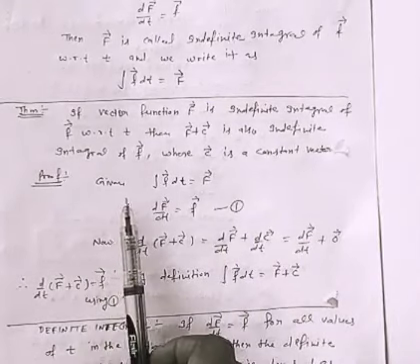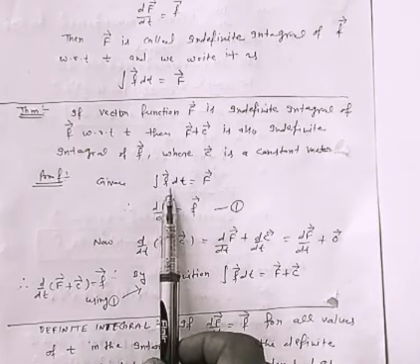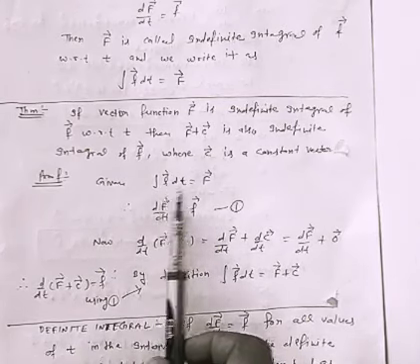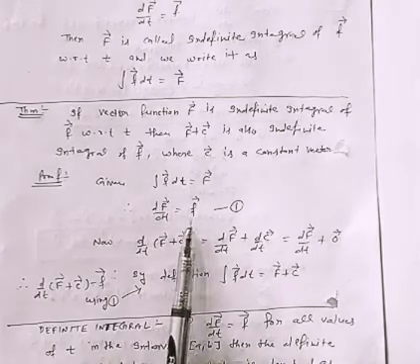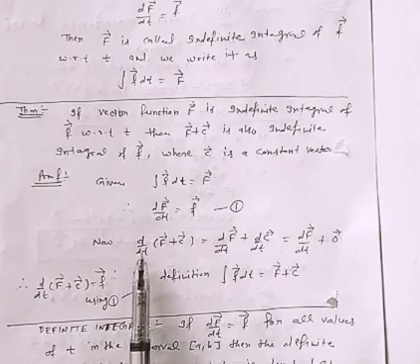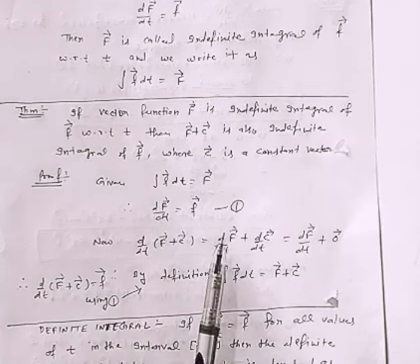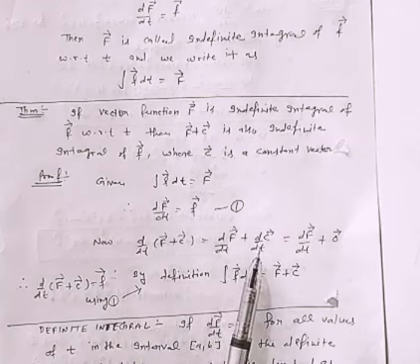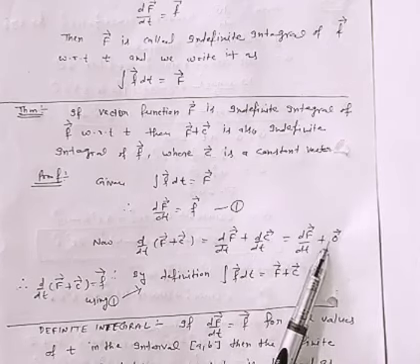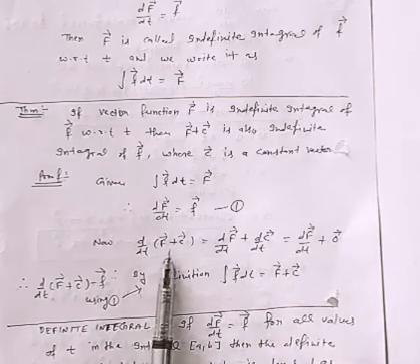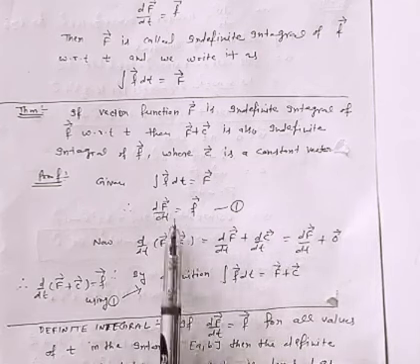To prove this, given that capital F factor is the indefinite integral of small f factor, therefore by definition that can be written as derivative of F factor with respect to t is equal to small f factor. Now take d by dt of F factor plus c vector, which can be written as dF by dt plus dc by dt, but here c is a constant vector, so dc by dt is equal to 0. So we have d by dt of F vector plus c vector is equal to dF by dt, but dF by dt is equal to f vector.